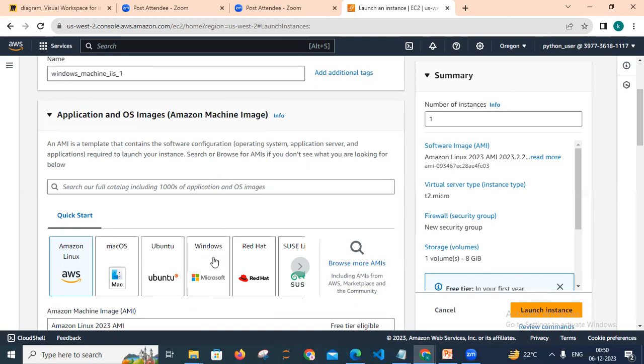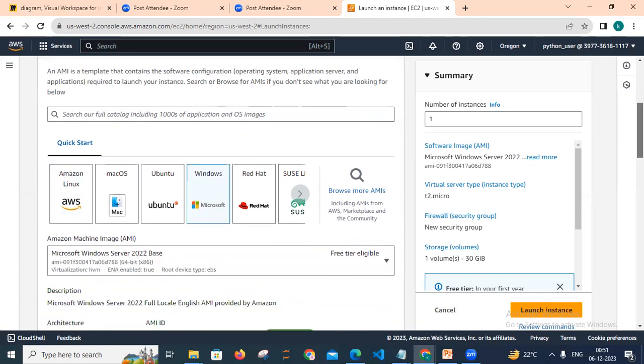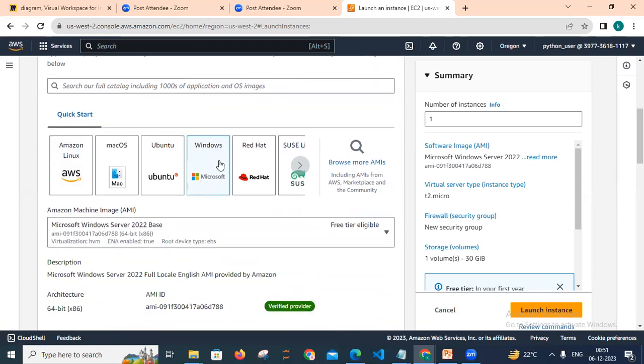Okay, so in this demo, we have to choose Windows. Okay, so choose Windows. You can see Windows is selected. From the quick start, you can also create your own AMI. That's not an issue. That demo is different. I'm just concentrating on this demo. Okay. So this is the Windows system, right? So you can choose this Windows Microsoft. This you have to select. Okay. And you can see